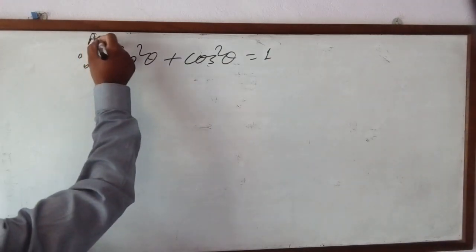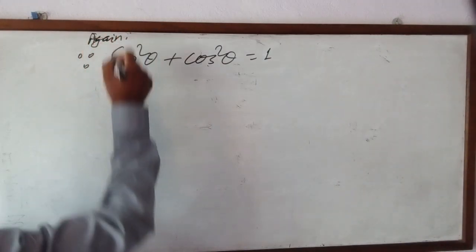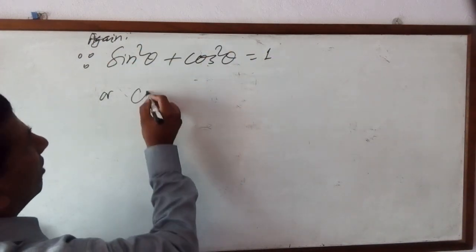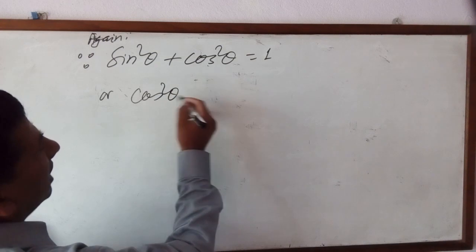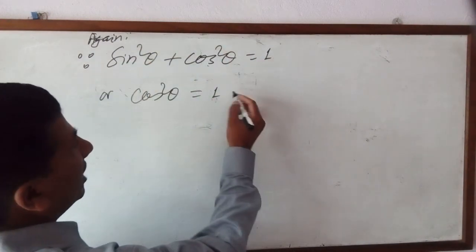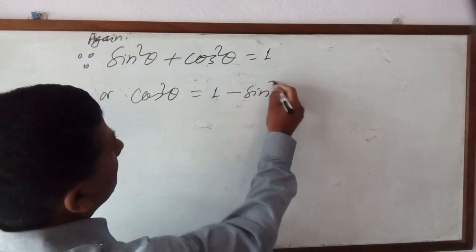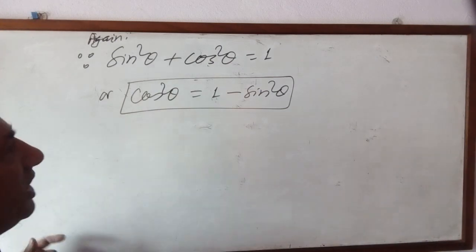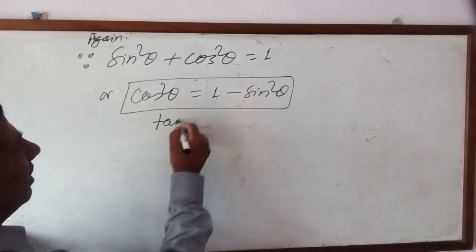Again, I'll take this sin square theta that side. I'll make cos square theta along the left hand side. The 1, when it is carried that side, will be minus sin square theta. Now cos square theta equals 1 minus sin square theta. Very simple. Taking root on both sides,